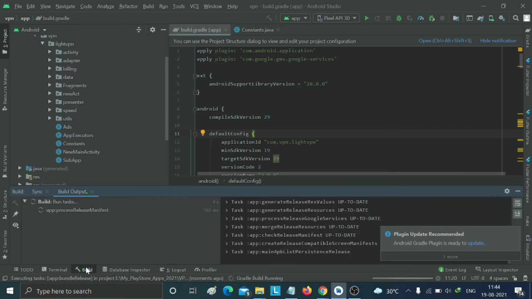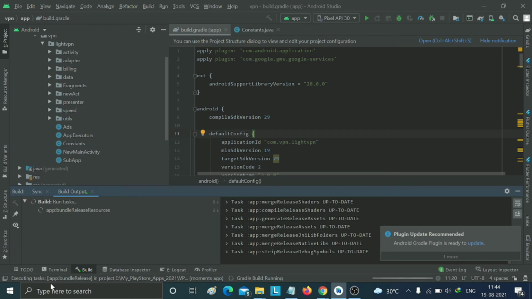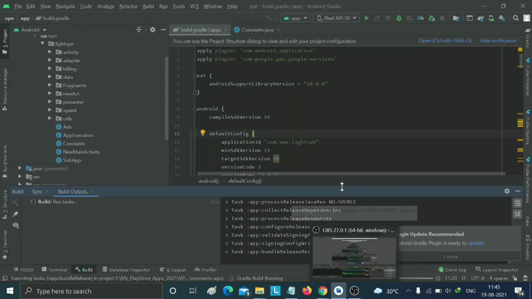After some time we get our build bundle file. So we just need to wait some time. When our APK file or build bundle file is generated successfully, then we need to upload it again on the Play Console account and update it.